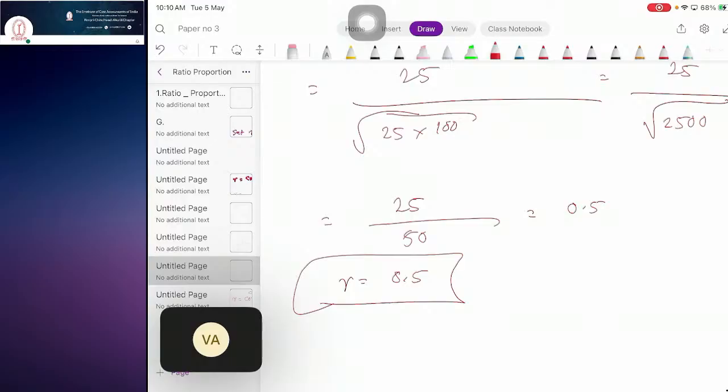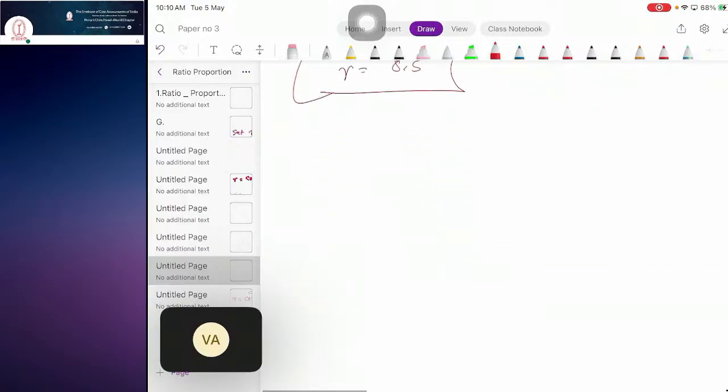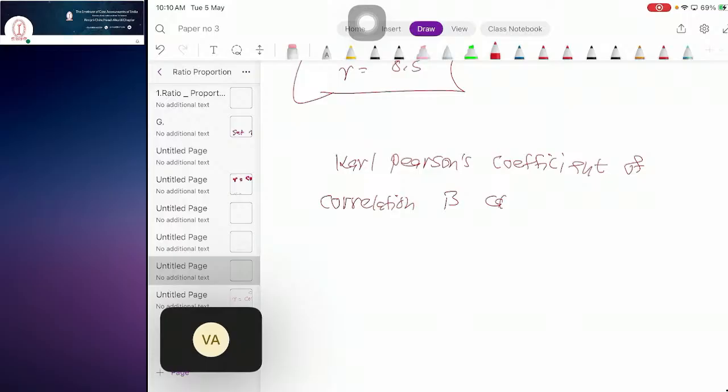In some books, the Karl Pearson's coefficient of correlation is also called as product